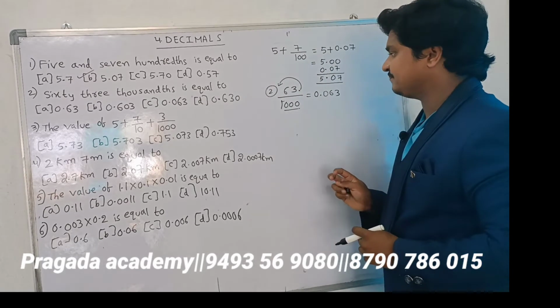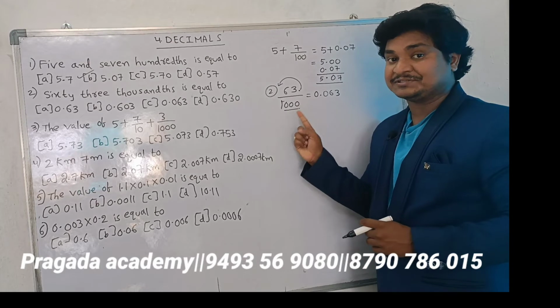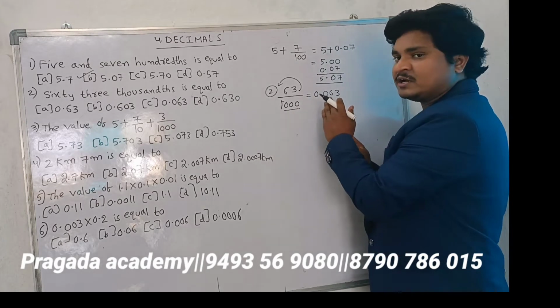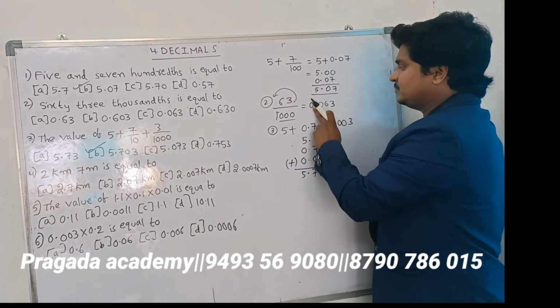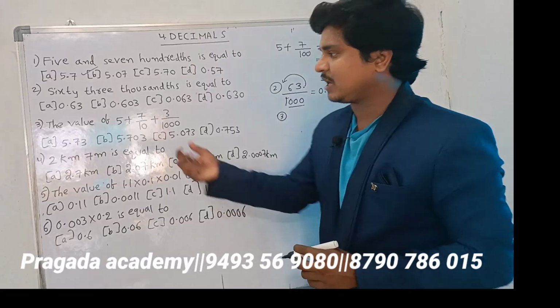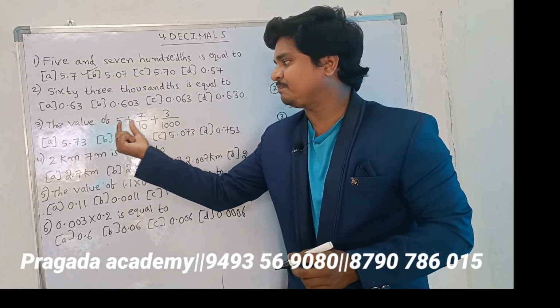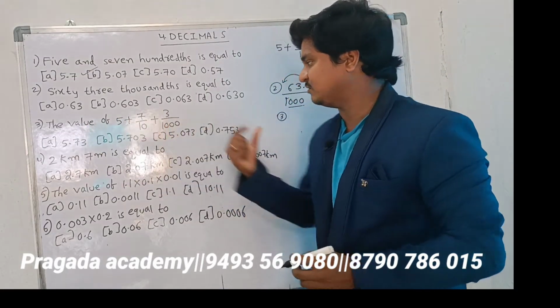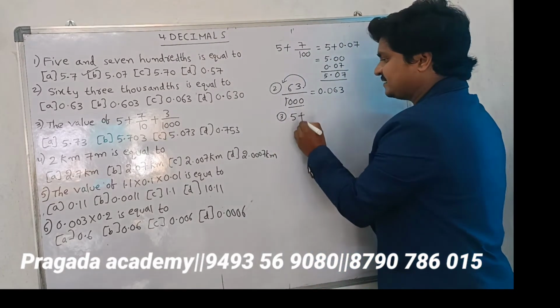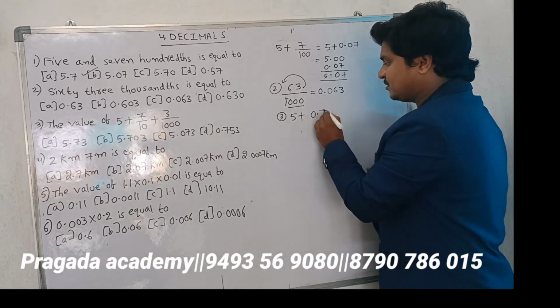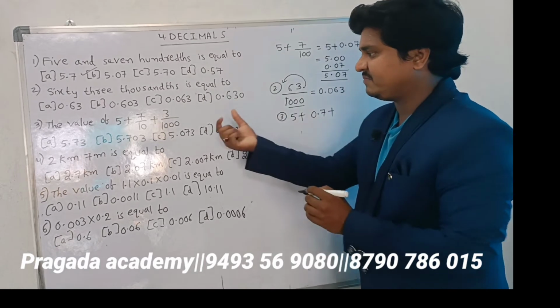0.063 will be the answer. So if you have zeros in the denominator, you need to move the decimal point to the left side. We got 0.063. So coming to third bit, the value of 5 plus 7 by 10 plus 3 by 1000. 5 plus 7 by 10 is nothing but 0.7 plus 3 by 1000